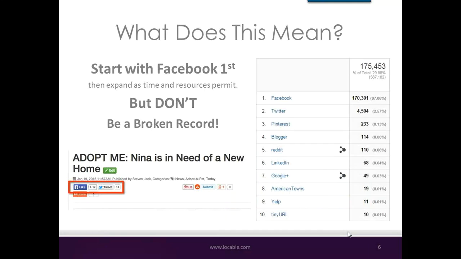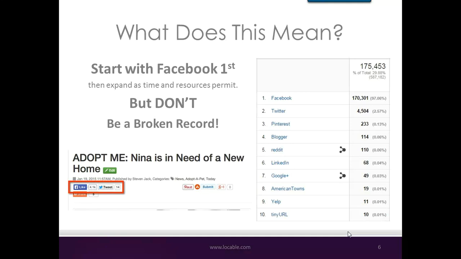So what does that really mean? To reiterate Brian's statement, start with Facebook first. You can see here on the right, Facebook accounts for a shockingly large amount of the social traffic for all our publishers. Now, I will say that this is slightly skewed because, based on our strategy, we tell all publishers Facebook first, so there's going to be more people on Facebook than Twitter. But what we've seen is that this is true regardless. It may not be quite as skewed, but Facebook is going to be your biggest driver of traffic and engagement outside of email,